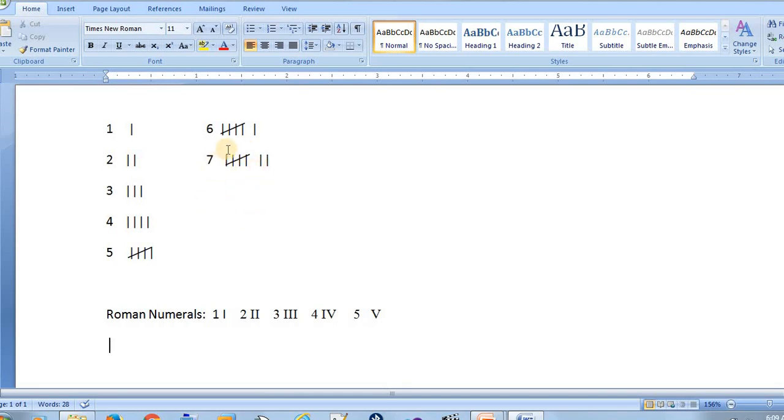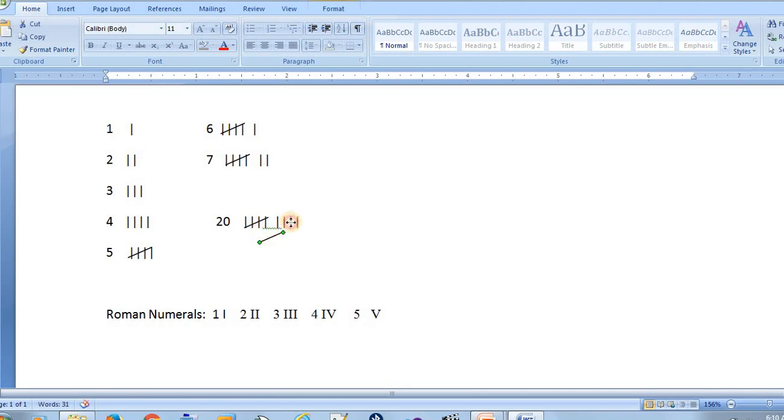But if you go on doing this, what will be the problem? Suppose I want to write 100, how much time will I take? I need to have as many strokes as possible like this. So it takes a lot of time to represent a value. Even if I want to write just 20, I need to go on doing this. First I will get 5, so this represents 5. Again I need to have 4 sets of this, and so on. So it becomes very difficult when you want to write a large number.